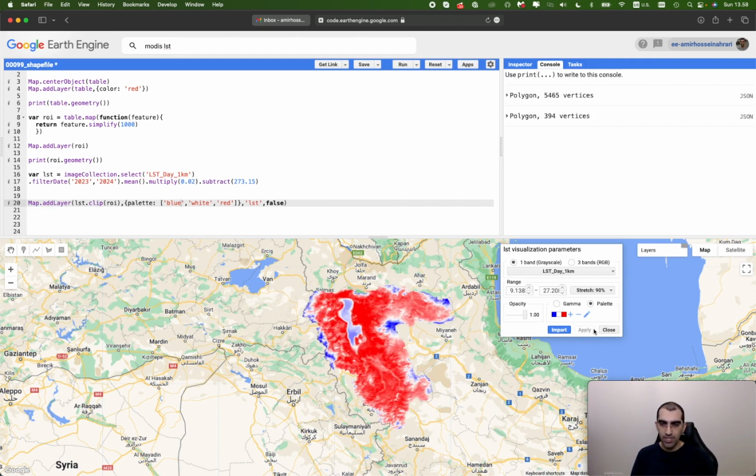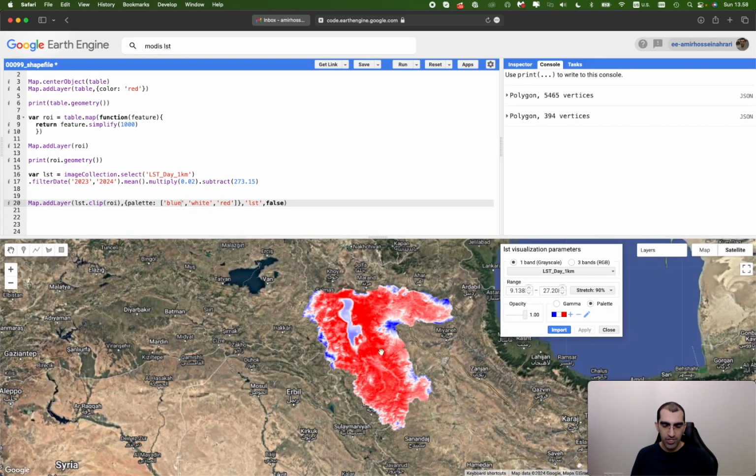And when you click on apply, you can see the temperature variations over the region of interest. In the mountainous region, lower temperature is expected, and also in the downsides after the mountains, here you can see we have the higher temperature, and here we have a water body with a lower temperature, and the area is completely clipped based on a region of interest